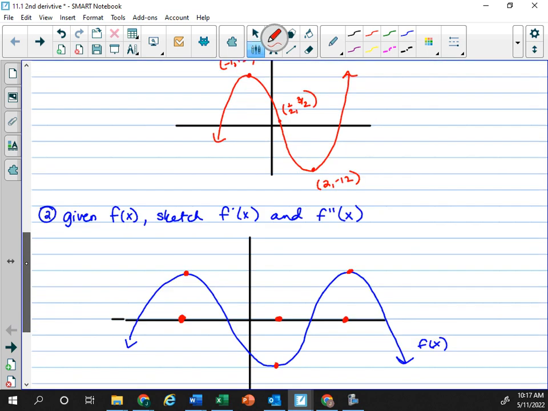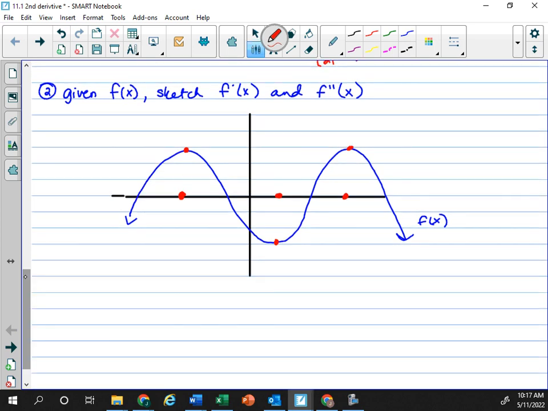You can also use your first derivative and think about where its maximums and minimums are. I guess those are the points you use. Next is increasing, next